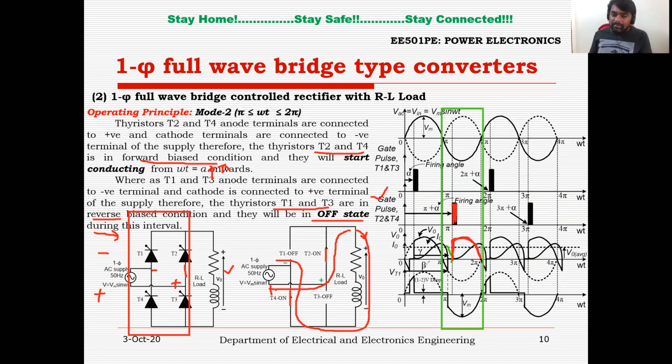So the output current has to lag the output voltage by some angle. So it is lagging the output voltage by some angle, and it is charging the inductor. So from pi plus alpha to 2 pi, the inductor may charge to a maximum energy. And you can see the charging of the inductor means the positive and negative polarity like this. Right. And after 2 pi, you can see there is a discharging in the current.